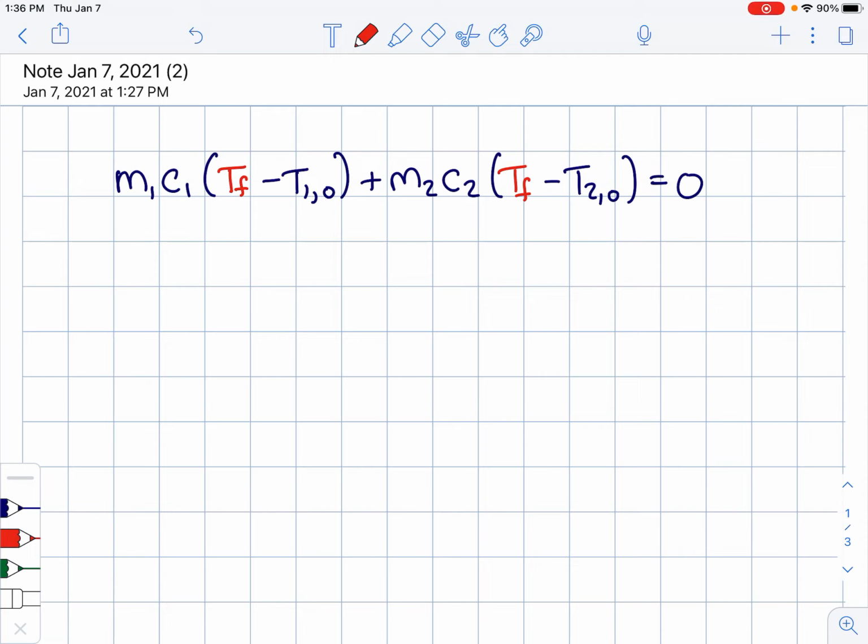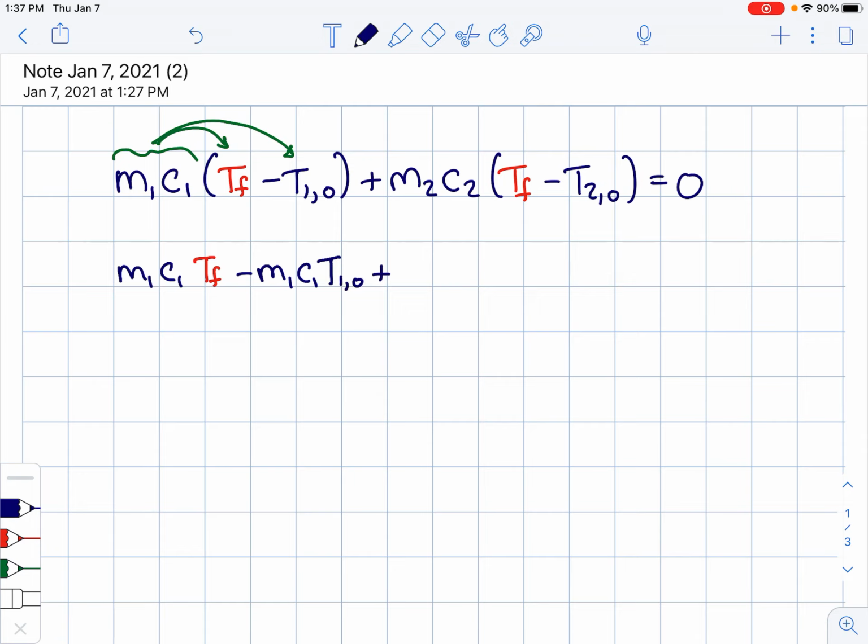So the first thing I'm going to do is actually distribute. I'm going to take this m times c right here, and I'm going to multiply it by T final, and I'm going to multiply it by T initial. So I'm going to distribute. When I do that, I'm going to get m1 c1 times T final, and then I'm going to have minus m1 c1 T1 initial,